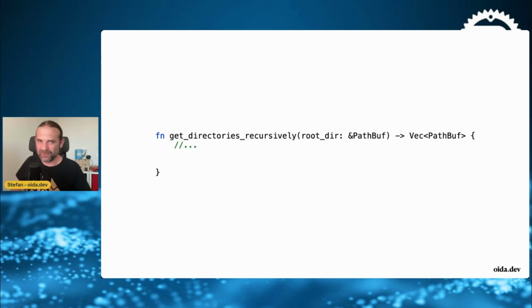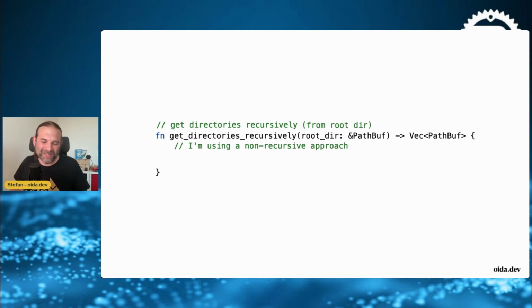They weren't sure if they really wanted to do that, so they did, of course, a code comment. They said, okay, this function gets directories recursively from a root directory. And actually, while they were developing, they found out, well, actually, they are using a non-recursive approach. With the comment, the function name might be misleading. So close. But anyhow, this is